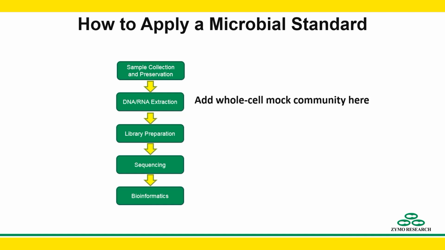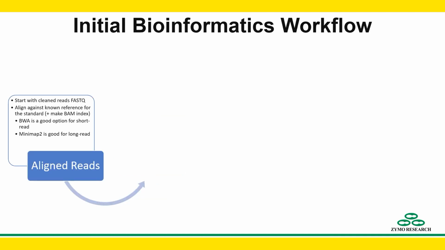In the case of trying to figure out how accurately your data represent the sample that you're looking at, you would just add a whole cell mock community into your extraction step and treat it as a sample. To analyze it bioinformatically, you would first start off with your raw reads in the form typically of a FastQ. You would then run an alignment-based pipeline,